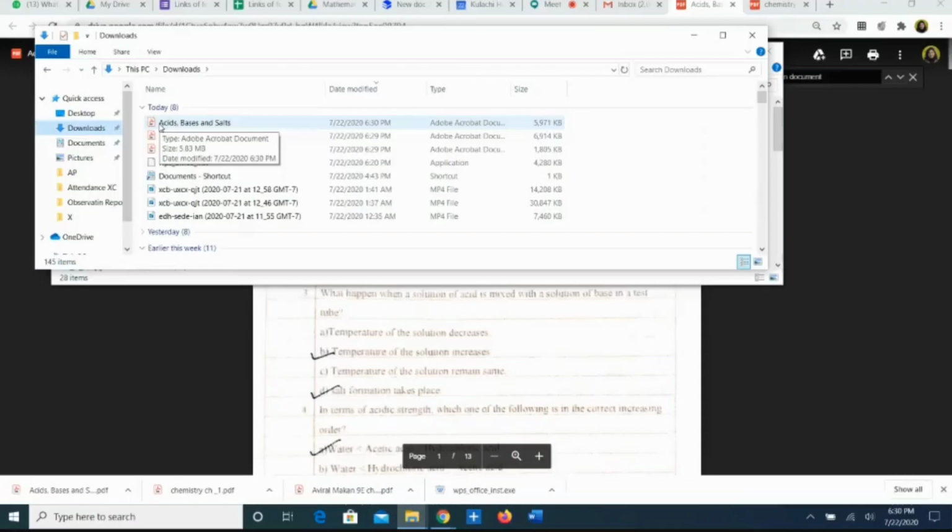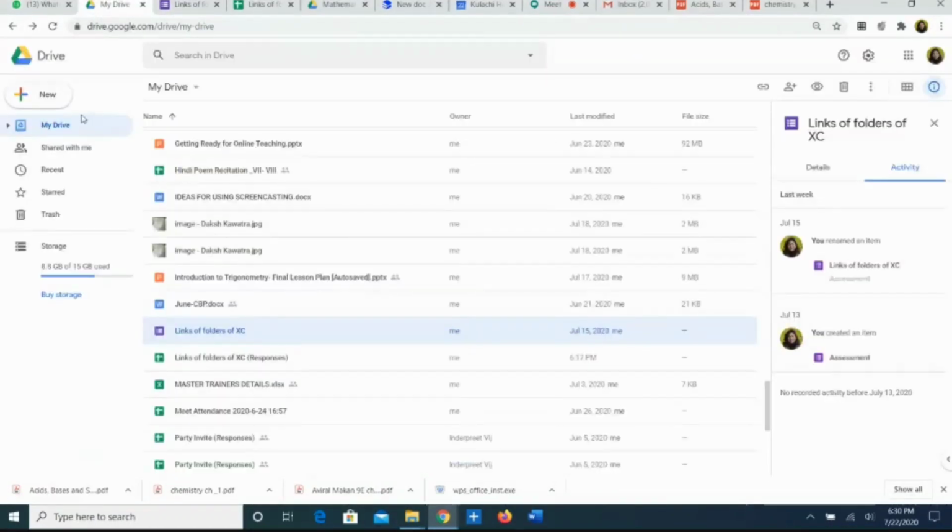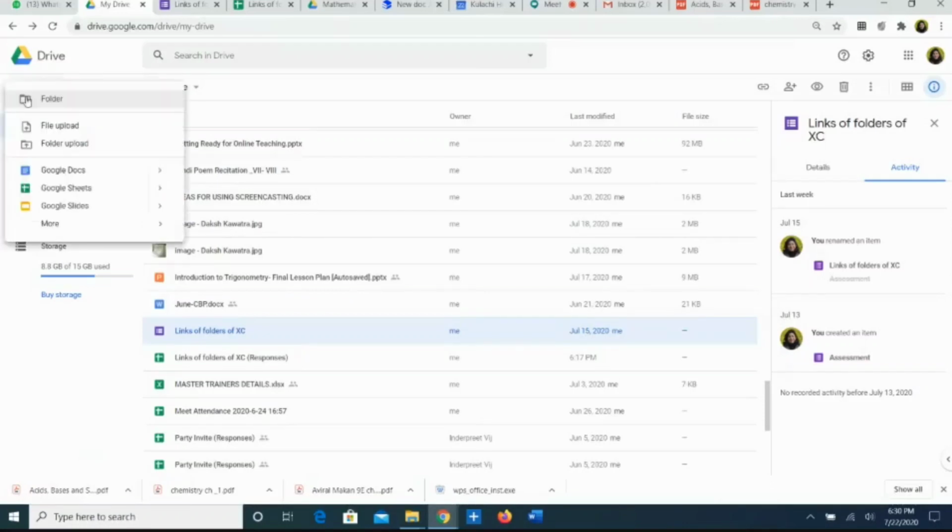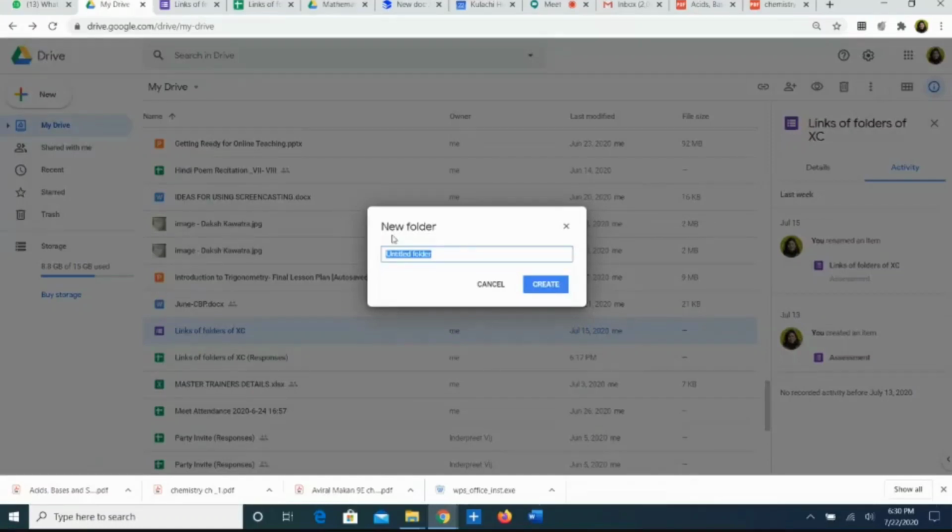So I'll just create a folder in my drive and upload all these three. I see that they are already in my downloads. So I go to my drive now and I create one folder. See, this is the plus button here. So you can see this plus button. With this plus button, I'm going to create a folder. This is a new folder that has been created and I mark it as, let's say, 9th A science correction. Okay, now this is done.